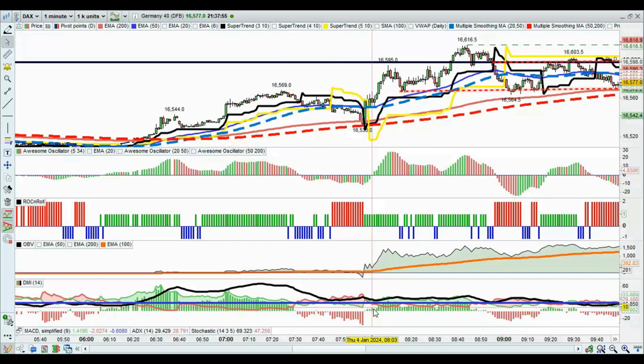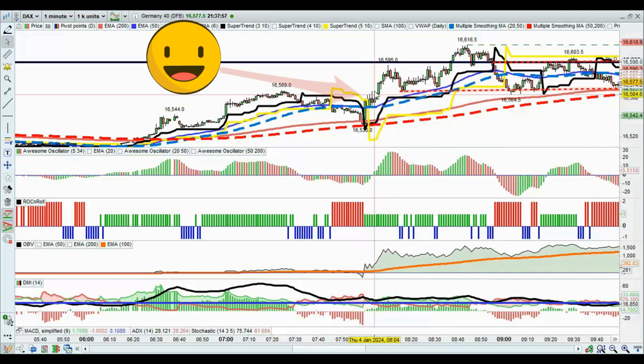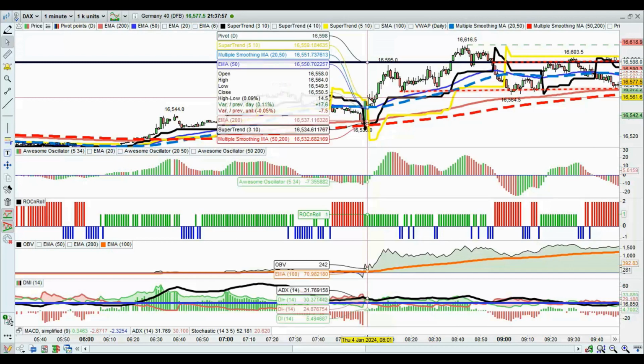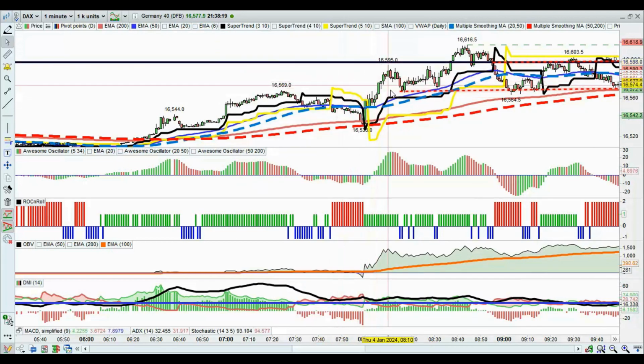And again, look at the DMI, so just what I'm pointing to now. The DMI is above the zero line. These are all green. Okay, so this is also indicating a buy. So 1, 2, 3, 4 crosses there. We've got all our ducks in a row to support the evidence to execute the trade here, which is at 16,561. We've got a target point here of pivot,